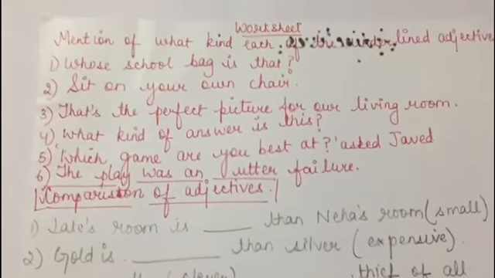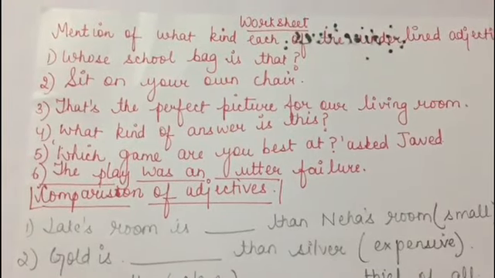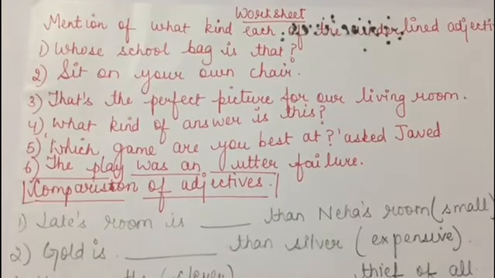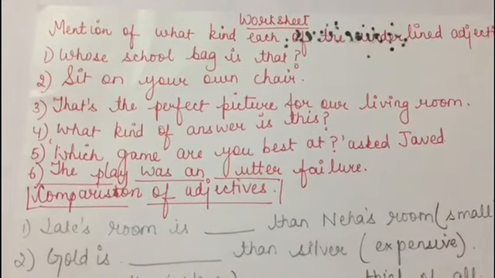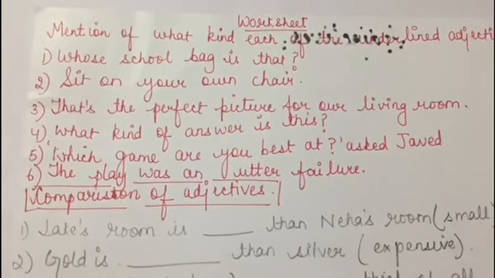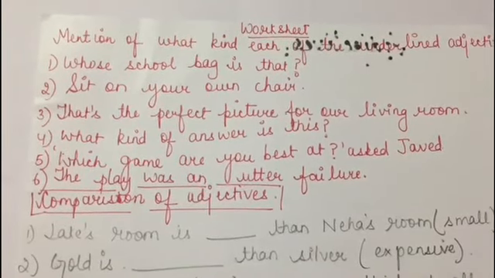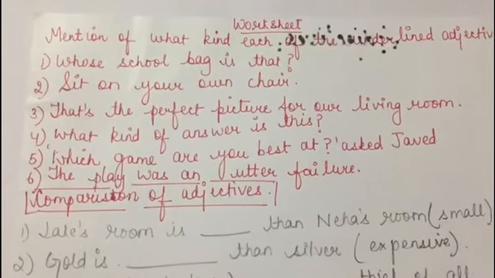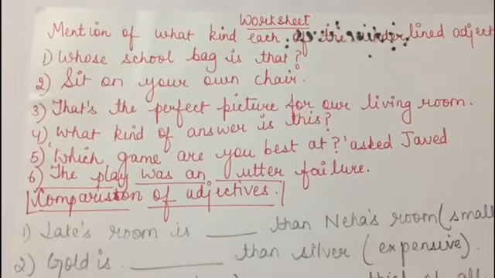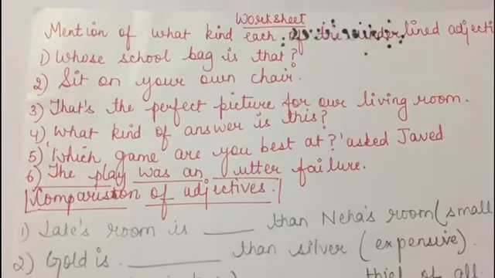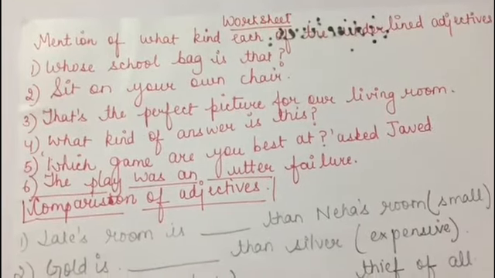So my dear students, now we are done with the topic adjectives of English grammar. Let's do a quick recap. What is an adjective? It qualifies a noun or a pronoun, meaning it tells us more about a noun or a pronoun. Then we did the kinds of adjectives: qualitative, quantitative, demonstrative, interrogative and emphasizing. In class 5 you just have to concentrate on interrogative and emphasizing adjectives. Then we did adjectives of comparison, in which we covered the positive, comparative and superlative degrees of comparison. So now we have covered the full topic.